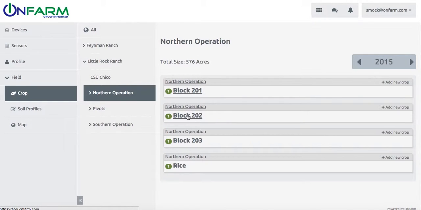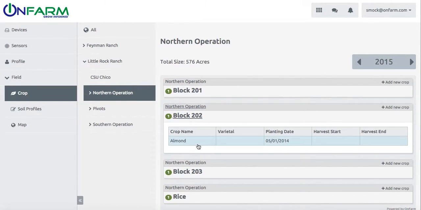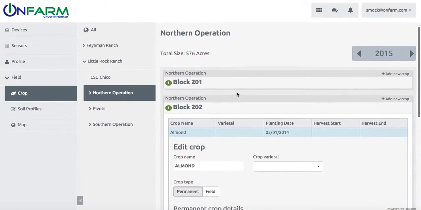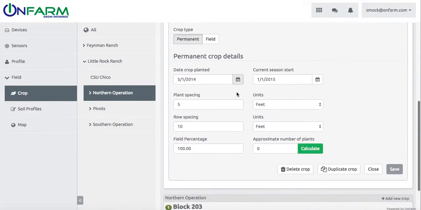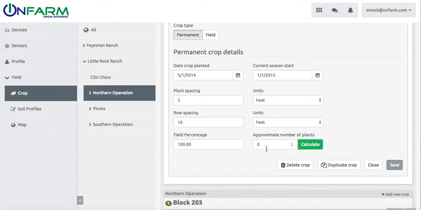So the next thing that we're going to learn how to do is how to duplicate a crop. To duplicate a crop, go into your block, find the crop that you would like to duplicate, select it, and then all you need to do is go down to the bottom beside the Save and Close bar, select Duplicate a Crop,